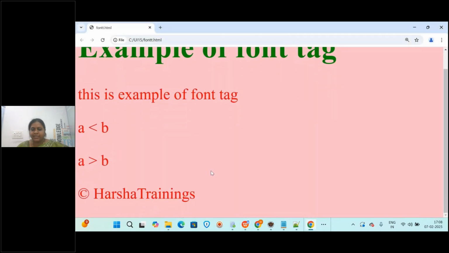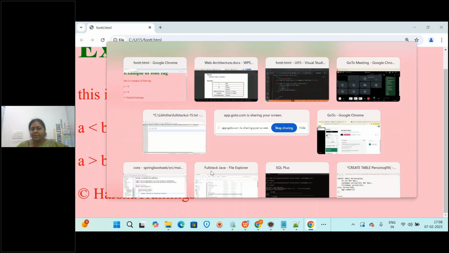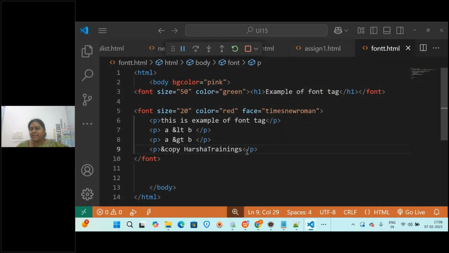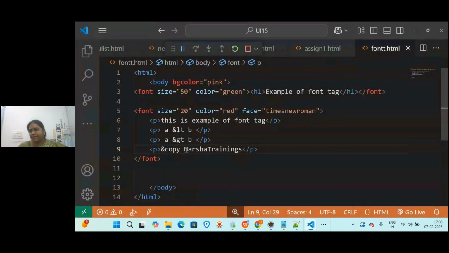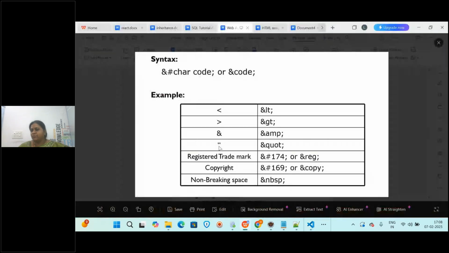What I wrote here was ampersand copy, but it is printing the copyright symbol. In websites you will see that copyright symbol. So to get that we have to use ampersand copy. Whenever we want quotes, you can use this, or the registered trademark symbol, like R, you will get. These are clear, everyone? Okay, if you want, you can make a note of these symbols.